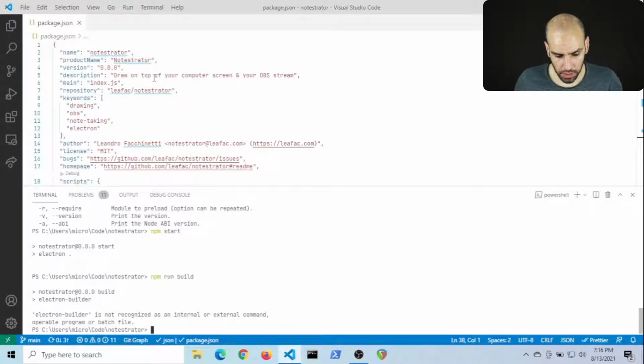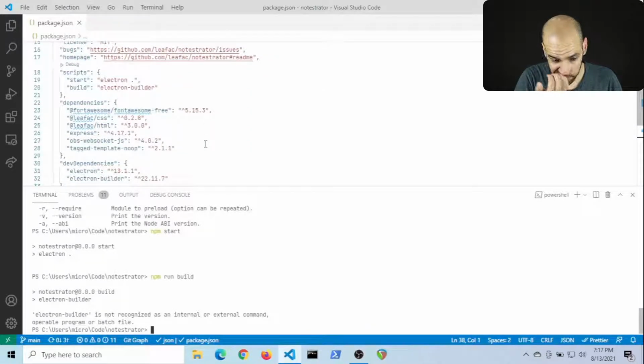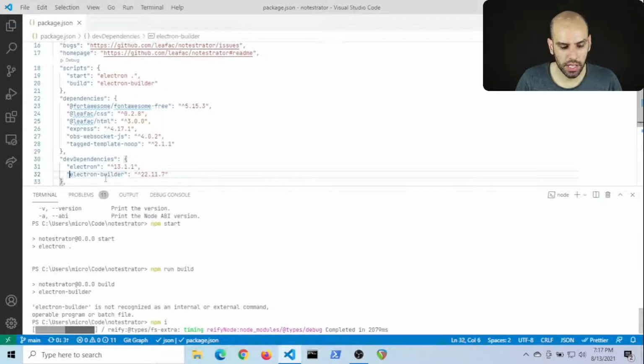Electron Builder is not recognized as an internal or external command, operable program or batch file. But Electron Builder is a dev dependency. Oh, but I think I npm installed before I switched branches. So I have to npm install this guy.